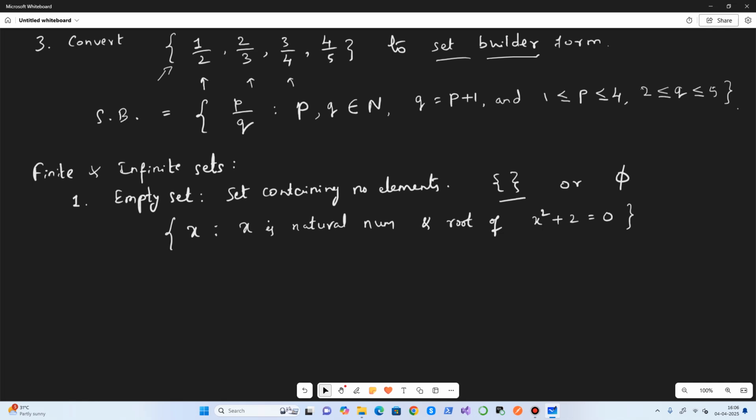Here, x is a natural number and it also is a root of this.